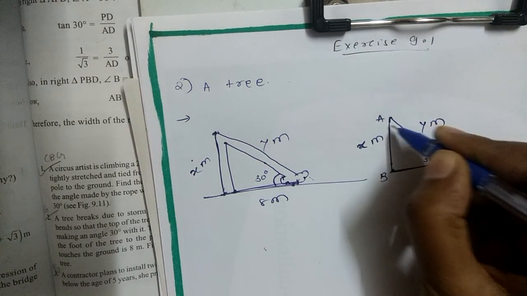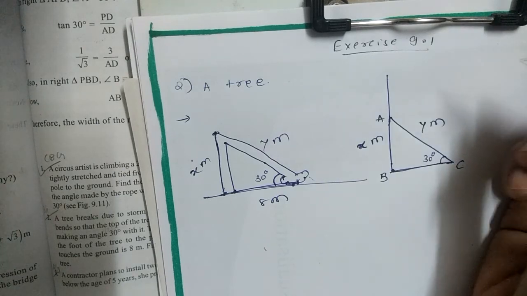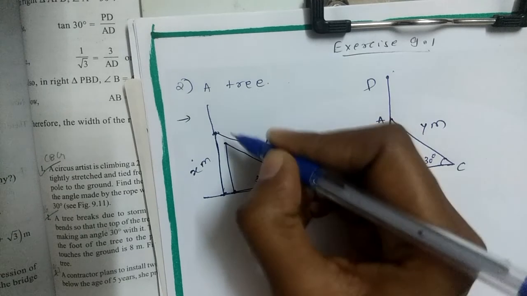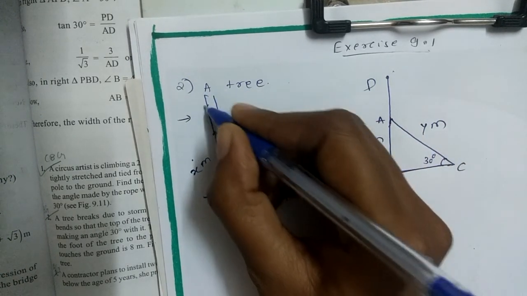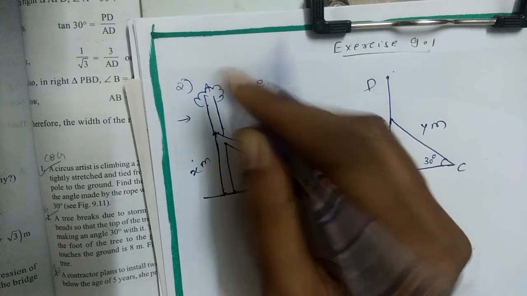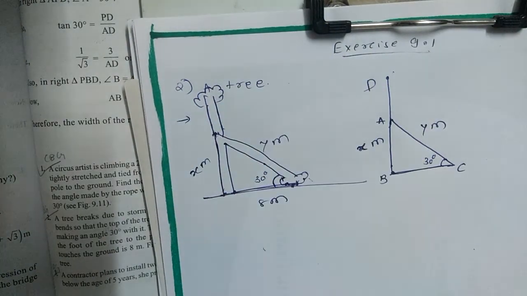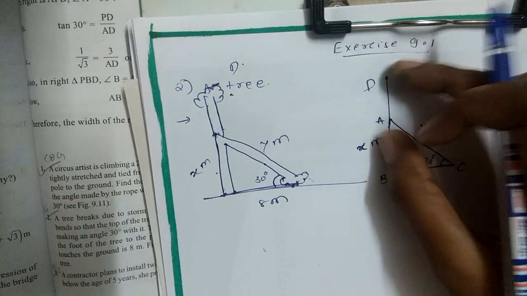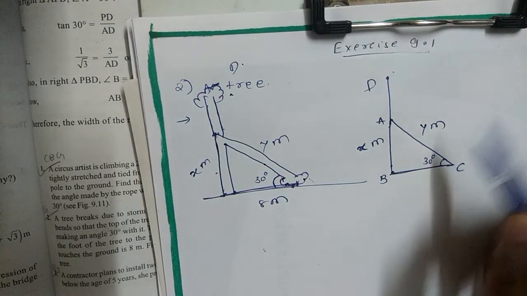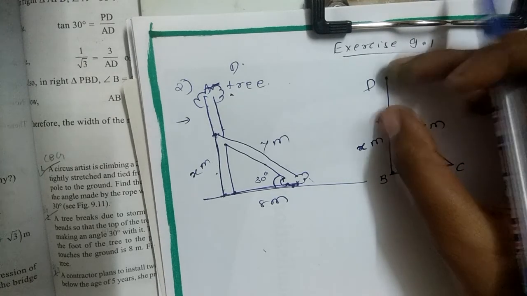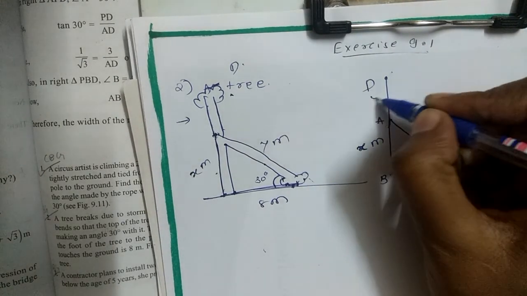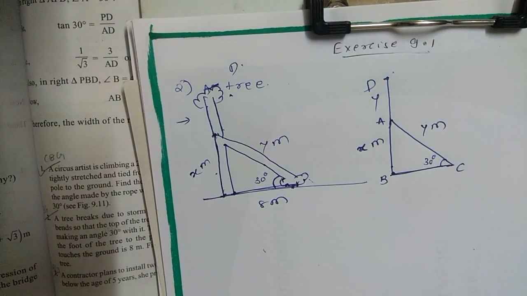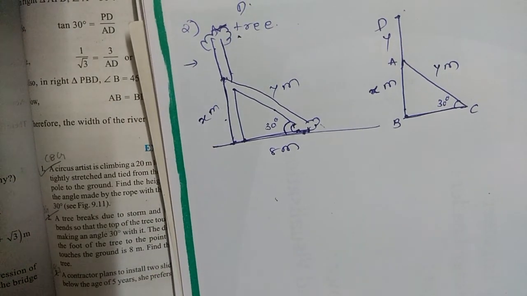First let us take the total height of the tree to be BD. Let me show you here. The tree was like this and it has broken so that this part came here. I'll name this as point D, the same as I have taken here. So if you find AC, that will give AB plus AD. AD and AC are the same here. So the total DB is the height. We will start with the solution.